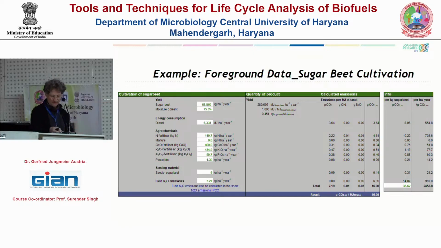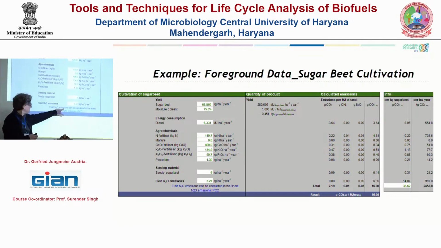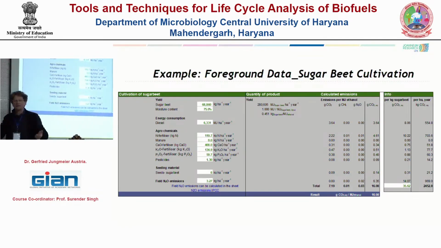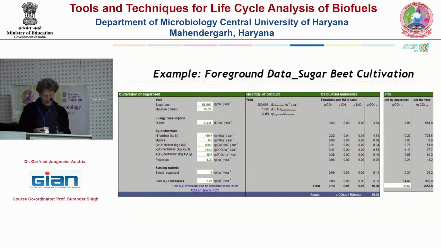The program itself, oh, I think I have not printed it out, but the program itself has also an extra sheet where you can compare different N2O emissions. So at least also here it's a default value. If you don't have a better one, you just insert it here. They used also the N2O emissions, for example, from the IPCC, so they also are on the safe side. Or there is a separate sheet saying you can calculate your own N2O, where they have a modeling of this relatively complex